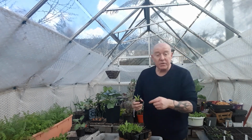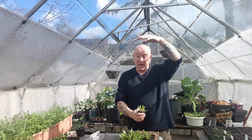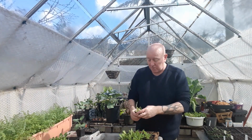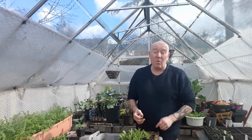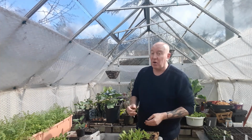You can get the seeds for these from Wilco's as well. And they are really nice plants and they grow quite big. About that tall they can get to, and the stems are full of really nice blue flowers. And they also germinate quite easily in cold temperatures, so you could give those a go if you've not got any. What I'll do is I'll move them on into 9cm pots, because then they'll get 3 times the size in